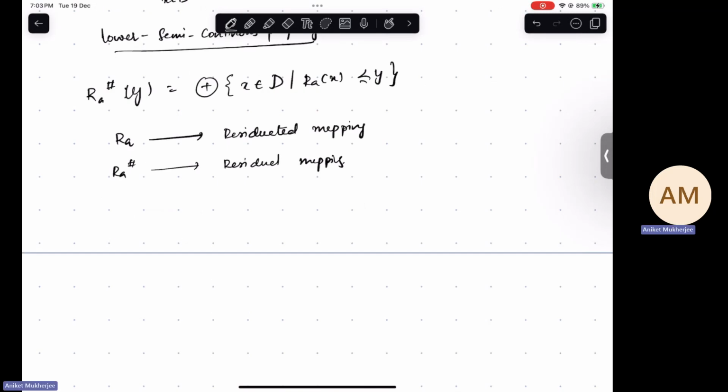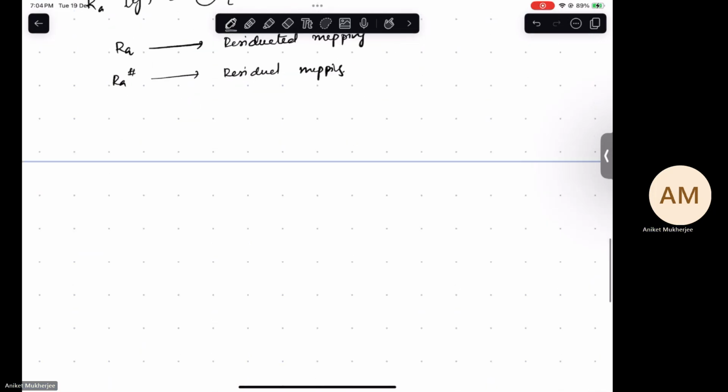The R_A and R_A hash satisfy some properties. Those properties are